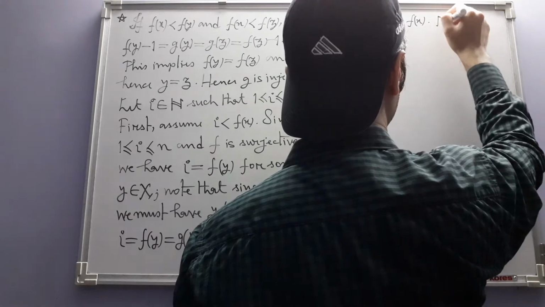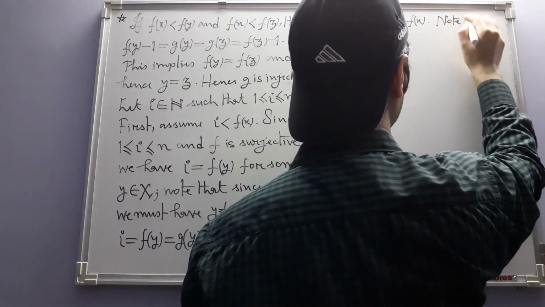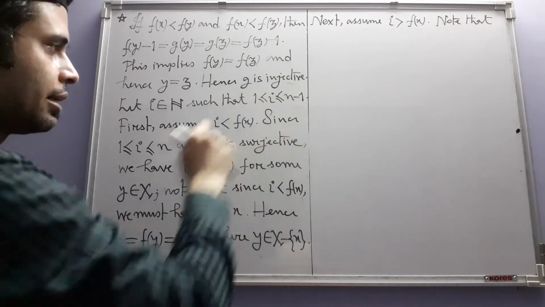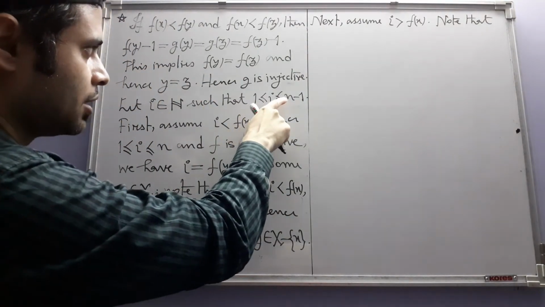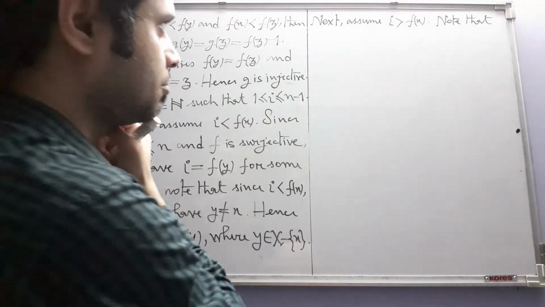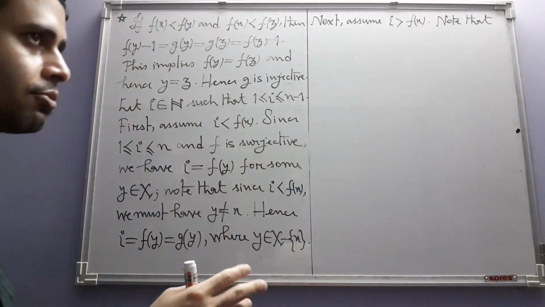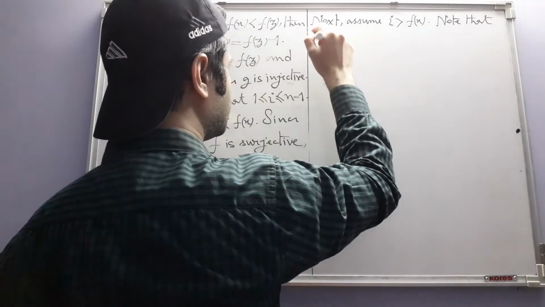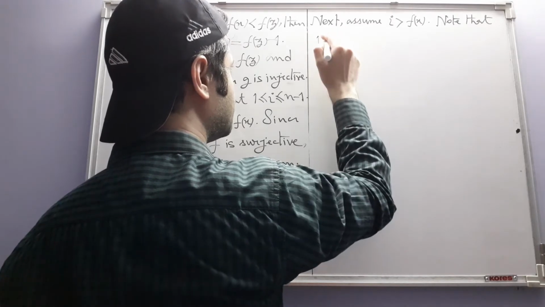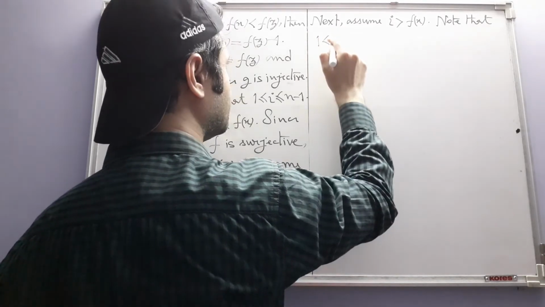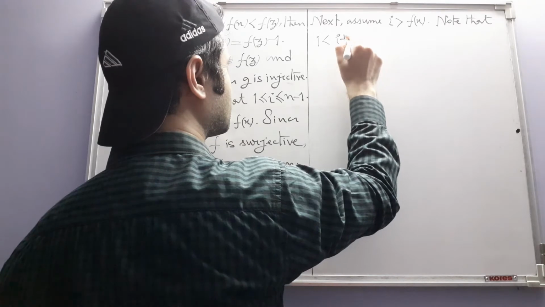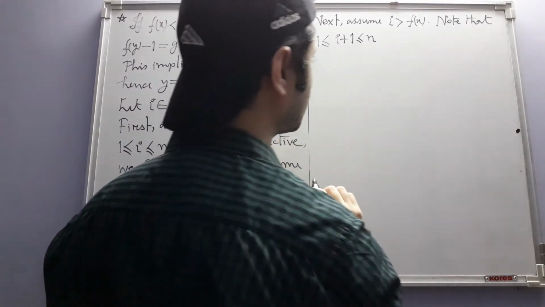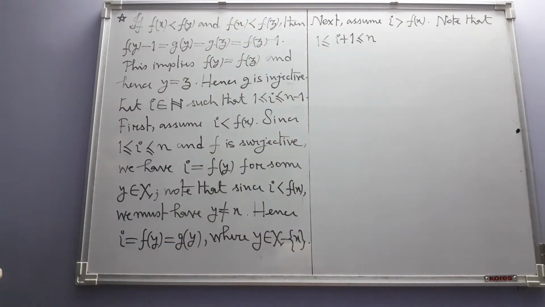Note that because I lies between 1 and n minus 1, I plus 1 will be less than or equal to n from elementary properties of order of natural numbers. So note that I plus 1 is also lying between 1 and n,